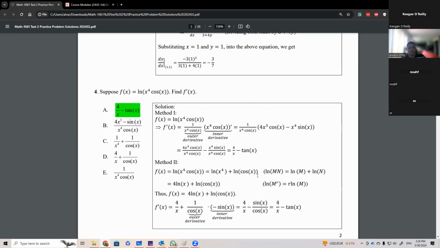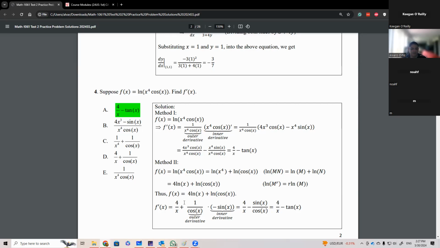Now, the good thing about that is that it simplifies everything so much. Also we can use the property of the power. Log of x to the 4 is the same as 4 log of x. And so this is simplified to 2 single logs. Notice that we're using properties of the logs in here. Log of m times n is equal to log of m plus log of n. And log of the power m to the r is equal to r log of m.